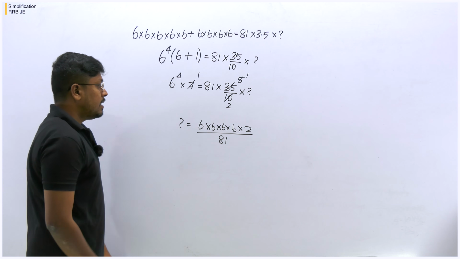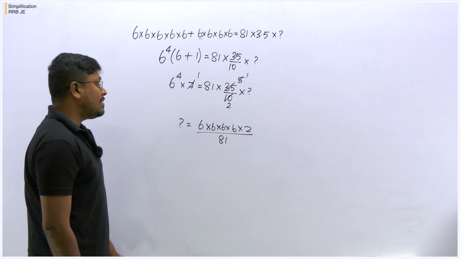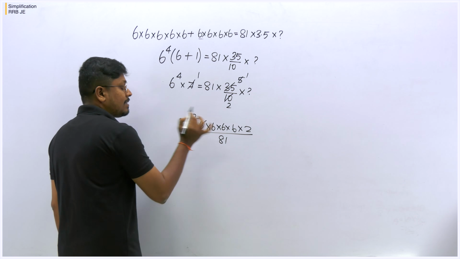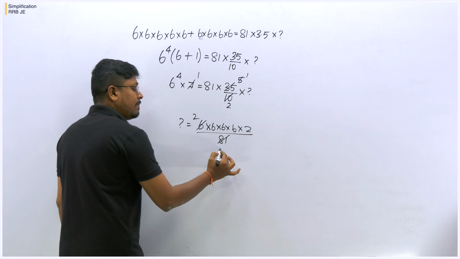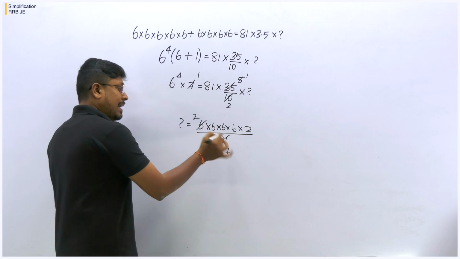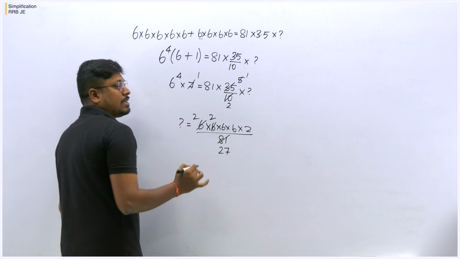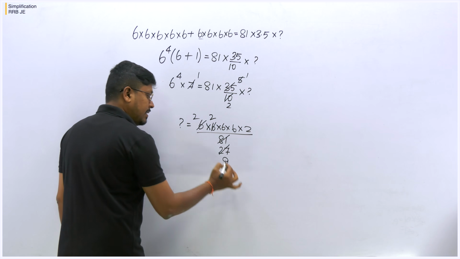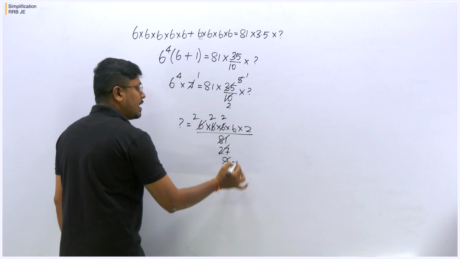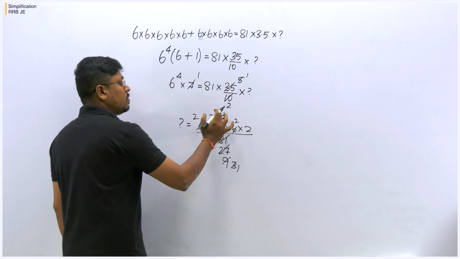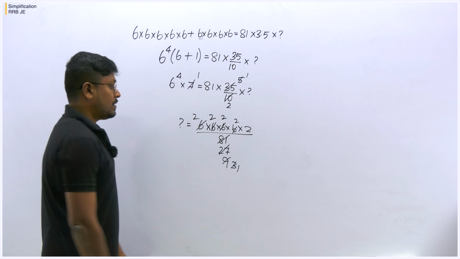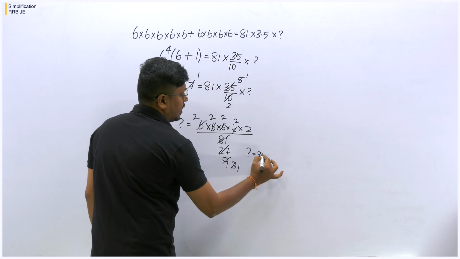So friends, understood. Now we can cancel all these on the 2 table or 3 table. When you cancel this on the 3 table, 3 2s are 6, remaining will be 2. 7 3s are 21. Again cancel it on the 3 table, 3 2s are 6. Cancel it on the 3 table, 9 3s are 27. So 3 2s are 6, 3 3s are 9, 1 3s are 3, 2 3s are 6. 1 2 3 4 5, so totally 5 2s, which will be 32. So the question mark is equal to 32.